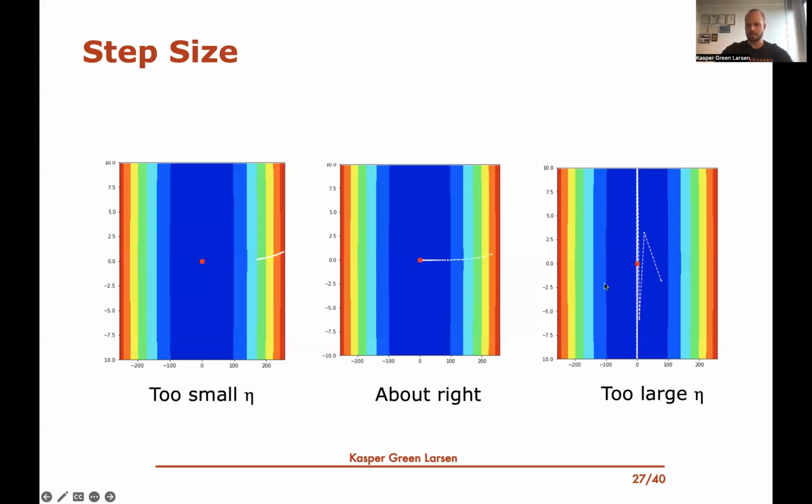algorithm. So you can see over here on the far right that if we have a very large step size, something that could happen is that when we get close to the minimum, we still take these giant steps up and down without settling in on the minimum. If you set the step size about right, then we take these small steps and we pretty quickly get to the center of this figure where we have the minimum of the function. Finally, here on the left, if we have a really small step size, then we just take tiny steps on the function, and we don't really get to the minimum fast enough because we're just taking tiny steps all